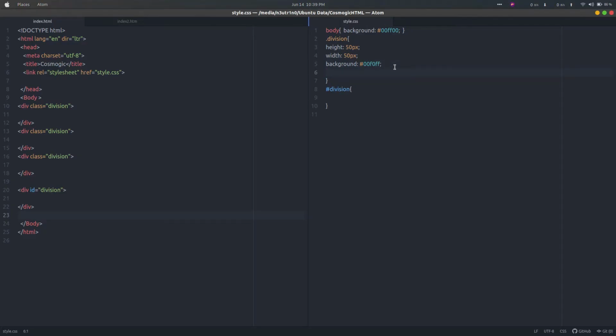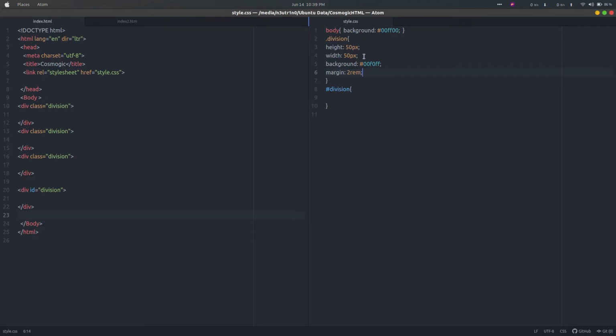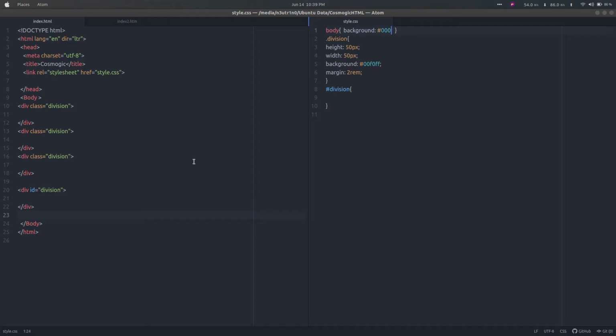Let me create a margin and padding here. This is the size. You can see we have created 3 divisions with 50 pixel height.